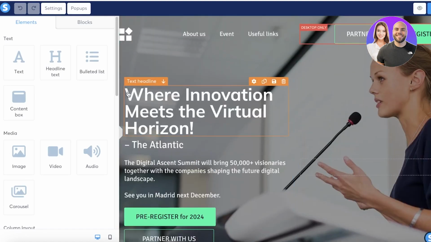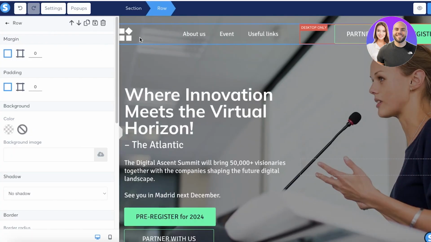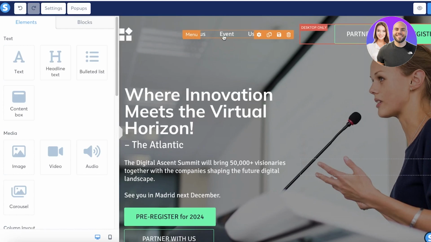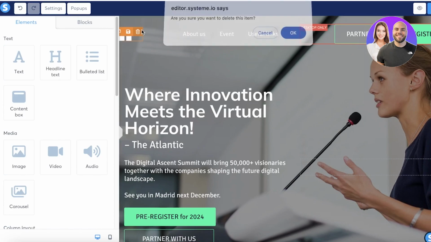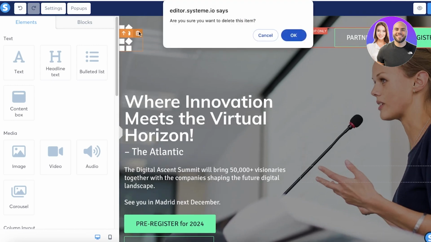This is the basic template, and we're going to be working to build this with our personal preferences. So first off, we have the first row. In this, we don't have a background image inserted. There are no borders on this. And then we have a useful link section, a menu bar. Now, what I want to do is I want to take this item from here and I want to click